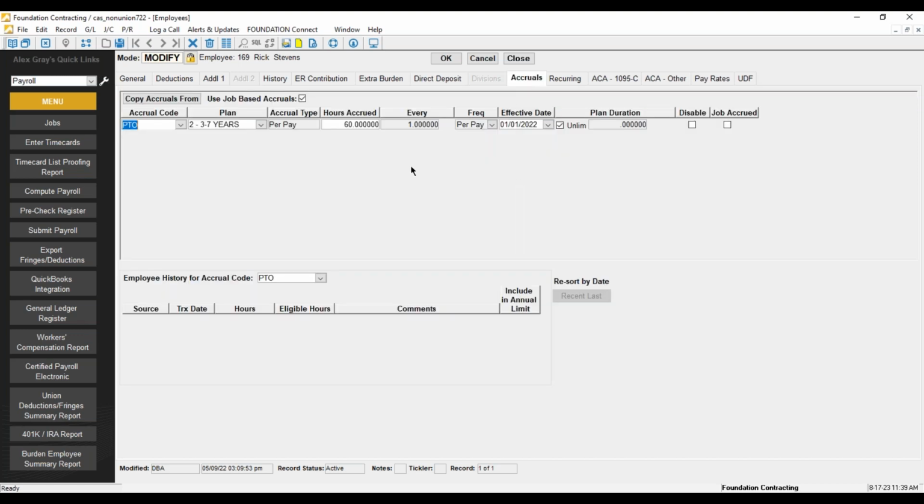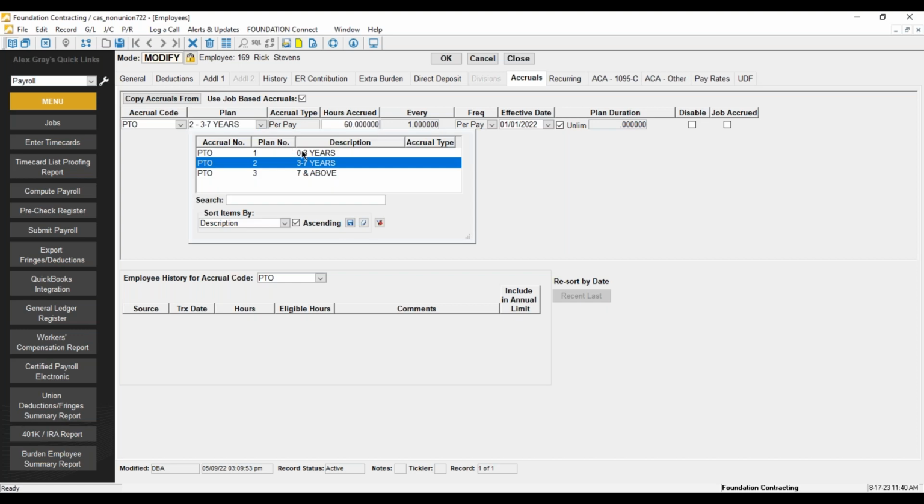Next tab here, accruals. PTO, vacation, sick time, whether you have one code you want to track, multiple hours codes broken out for the team members, can set up that accrual plan. No matter if, hey, we're giving them a bank number of hours that they're dipping into from the year here, or hey, every 40 hours worked, they're getting an hour paid time off, we're accruing it. No matter what the accrual tracking needs to be set up as, can have that tracked, automated inside the system,